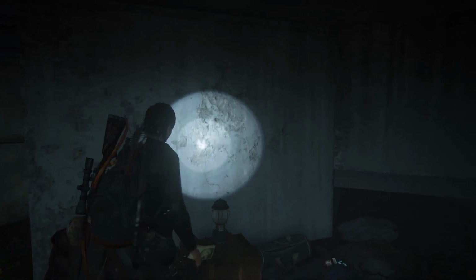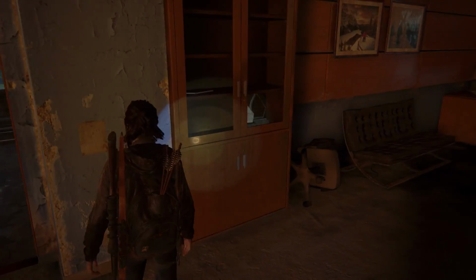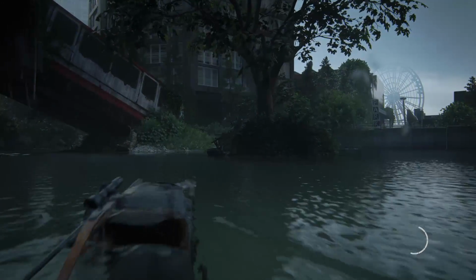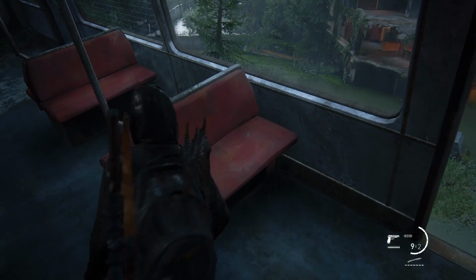Continue on in your boat until you come across a building with some Seraphites in it. On the second floor of the building where they were stationed, there's going to be another note to Jules. Just before the entrance to the camp, there's going to be a crashed train. You can run up into this train, climb a rope, and find an artifact. Once you're done with the train, get back into your boat,